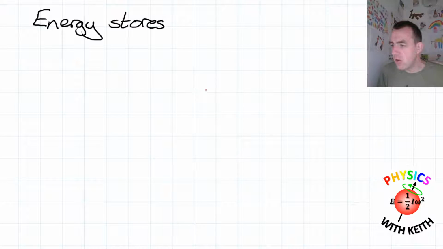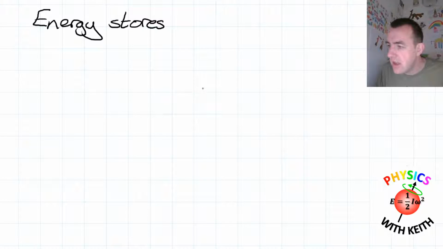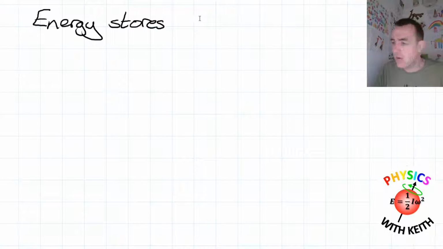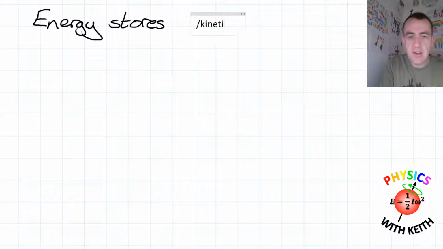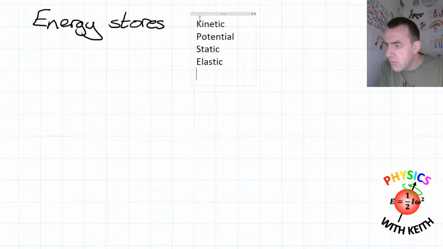So we've got kinetic, potential, static, static electricity, I think that says. I know static, elastic energy, gravitational potential, thermal, elastic potential. This is great. I think we've basically got all the ones I care about already. I'm going to type these because I'm actually slightly faster at typing. So kinetic we had. Kinetic, potential, static. Some of these are right, some of these are wrong. Elastic.